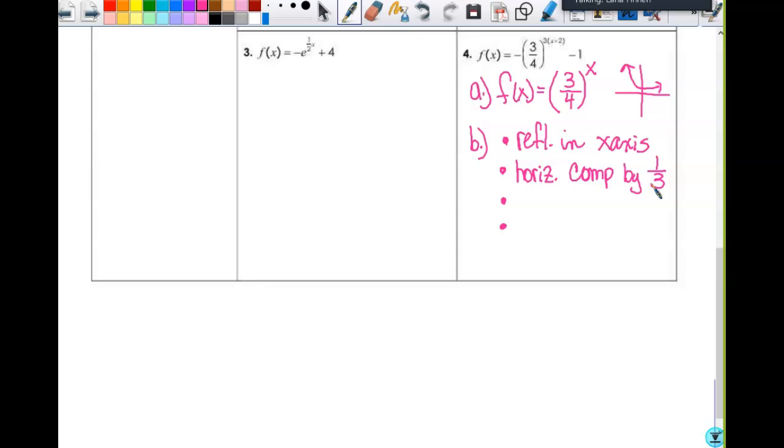Then that 2 means I go to the left 2, and then down 1. All right, what questions do we have? Anything? We're good? Good, good, good. All right, so let's graph a few of these. We're not going to graph all of them,